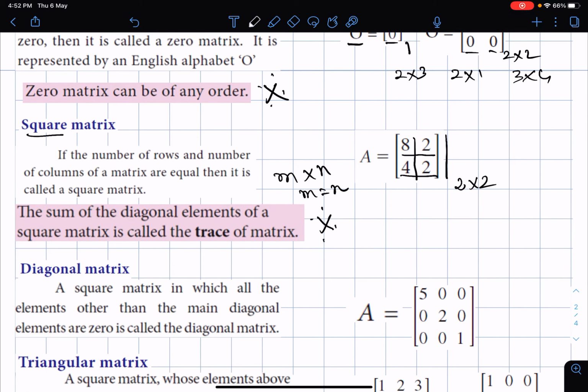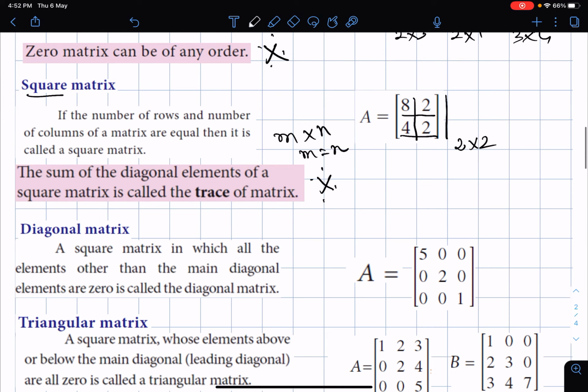Now we will see what is diagonal matrix. What is the diagonal matrix? A square matrix in which all the elements other than the main diagonal, so this is called the main diagonal, or the leading diagonal. Other than this, the other elements you notice here are all 0. So except the diagonal, and that too the leading diagonal alone. Only on this leading diagonal you will get elements, whereas the remaining elements should be all 0.